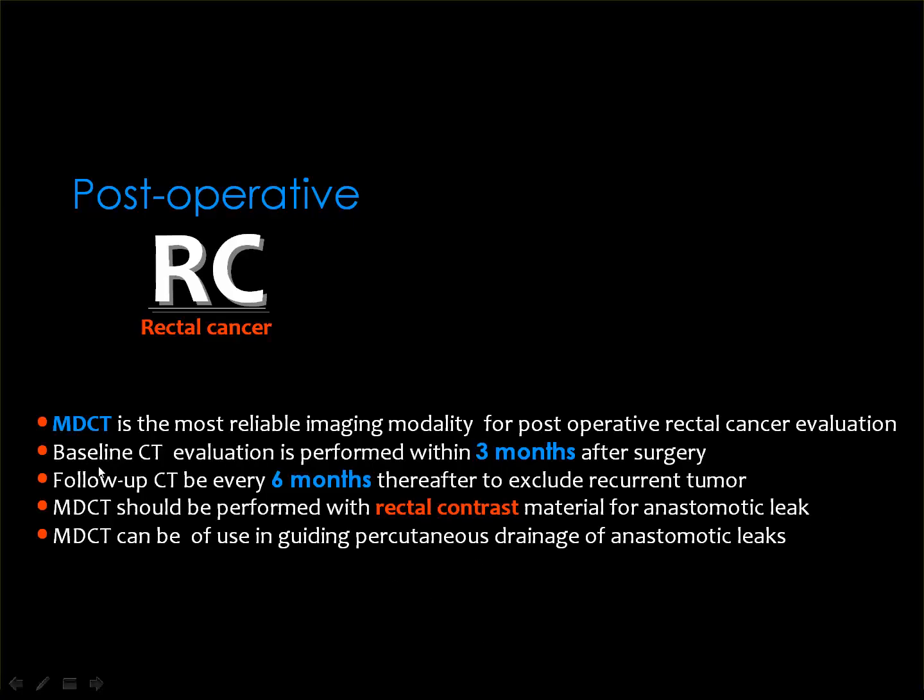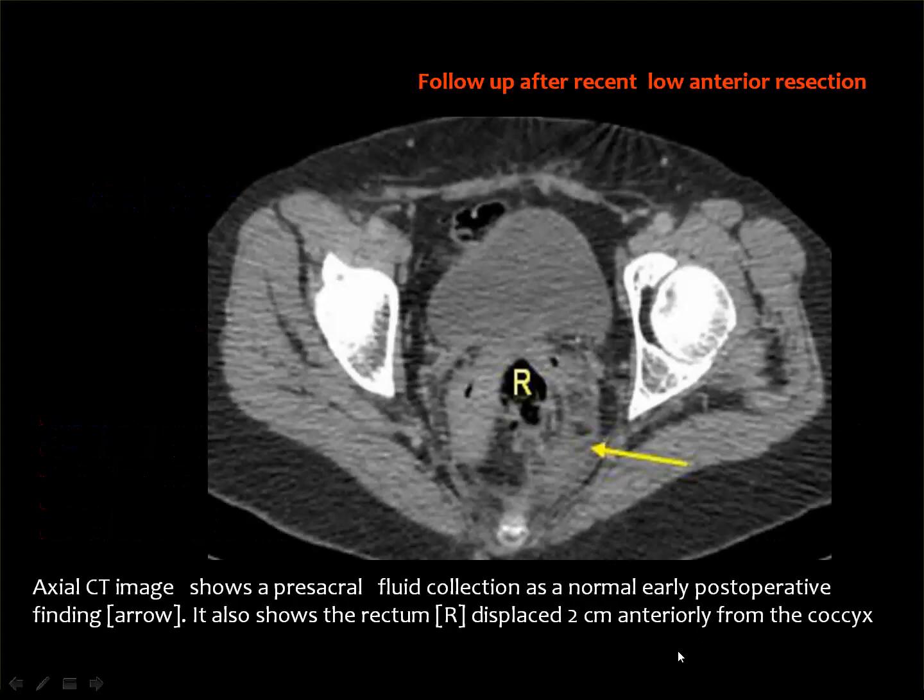Then you should have a baseline CT performed 3 months after surgery, and follow up every 6 months thereafter to exclude tumor recurrence. Also, the multi-detector CT should be performed with injection of contrast material inside the rectum if you suspect an anastomotic leak. And here are the early postoperative changes where you get edema, swelling, and